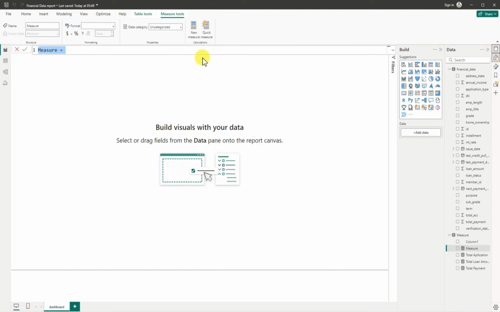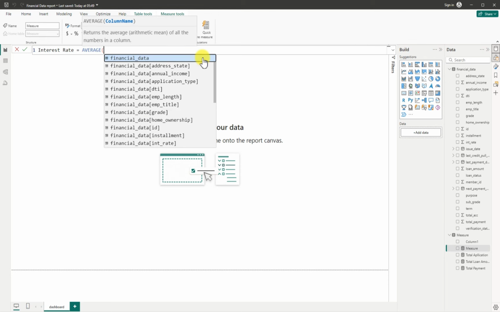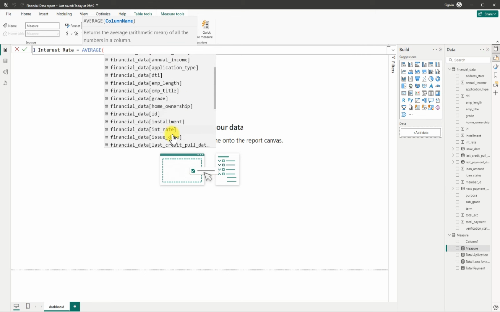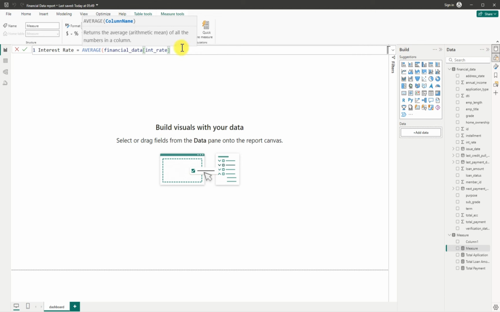And we're going to have our average interest rate, or we'll just have it as interest rate. We have our interest rates are equal to, then we use average. That is the formula we are going to use, and in that average we need our interest rate. Let's look for the interest rate here. Then we go to the interest rate, then we close as well,